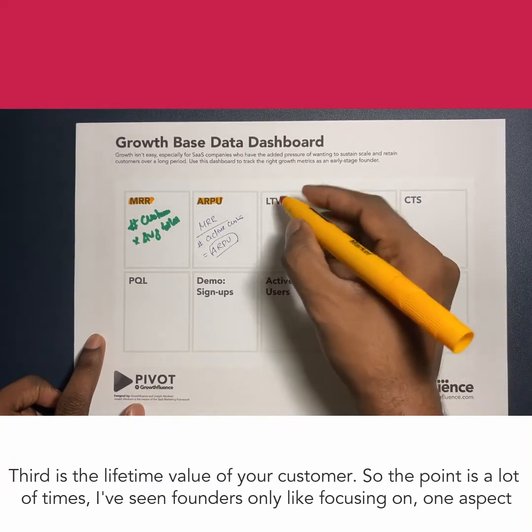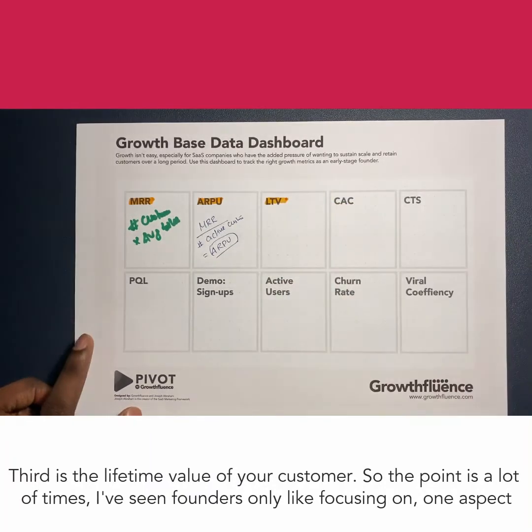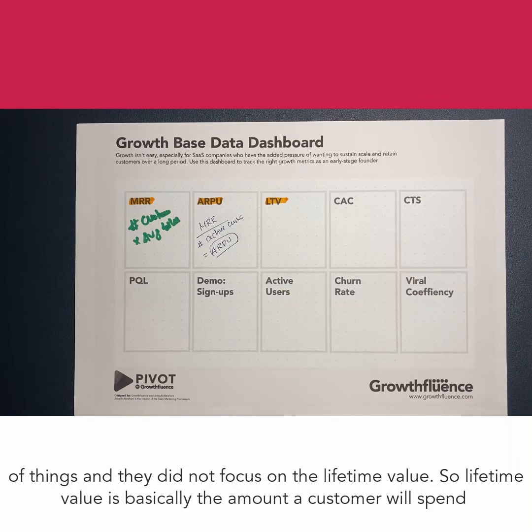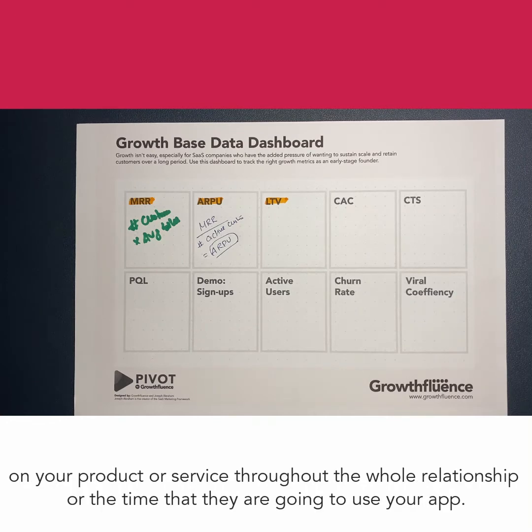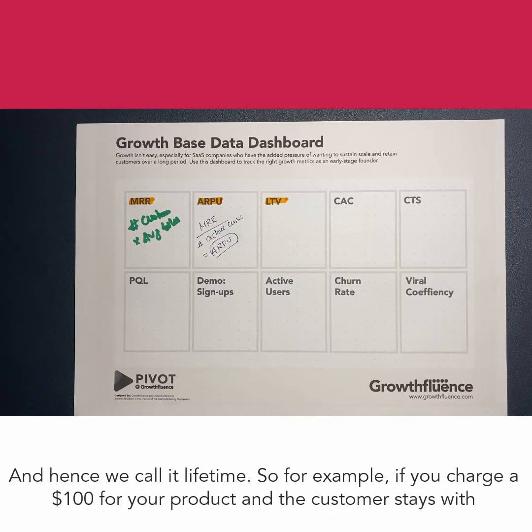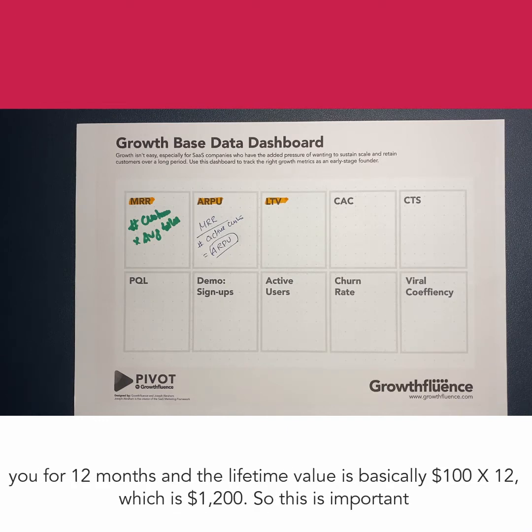Third is the lifetime value of your customer, right? So the point is, a lot of times I've seen founders only focusing on one aspect of things, and they do not focus on the lifetime value, right? So lifetime value is basically the amount a customer will spend on your product or service throughout their whole relationship, the whole time that they're going to use your app, and hence we call it lifetime, right? So for example, if you charge $100 for your product and the customer stays with you for 12 months, then the lifetime value is basically $100 into 12, which is